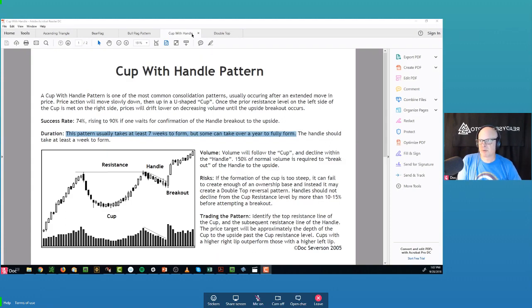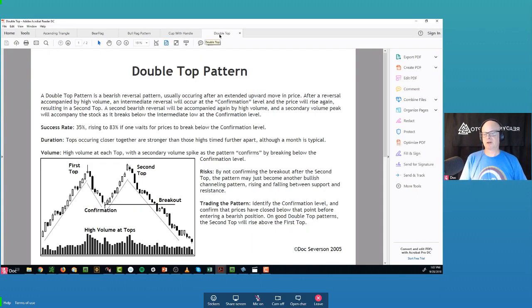All right, let's look at a couple more here. In fact, I've got a whole bunch. I think I have something like 25. So I'll go through a few of them here. Here's a double top pattern. Now notice the double top pattern